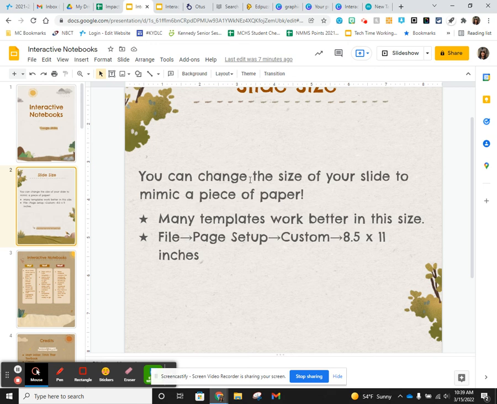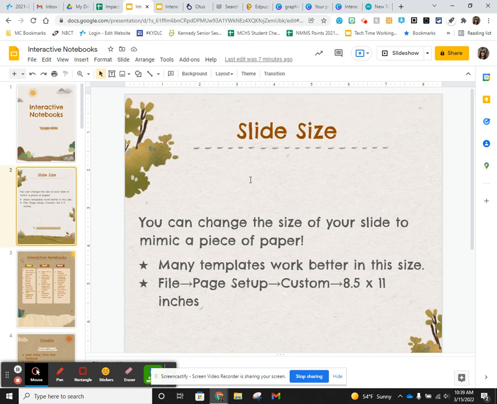I want to talk to you first about slide size. I don't know if you know this or not, but you can change the size of your Google slide. Normally it's in presentation view, and I don't ever use slides for presentations anymore. It's just something I use for everything else. But normally they're about this size, right? They're cut off kind of right here, similar to a PowerPoint, but you can